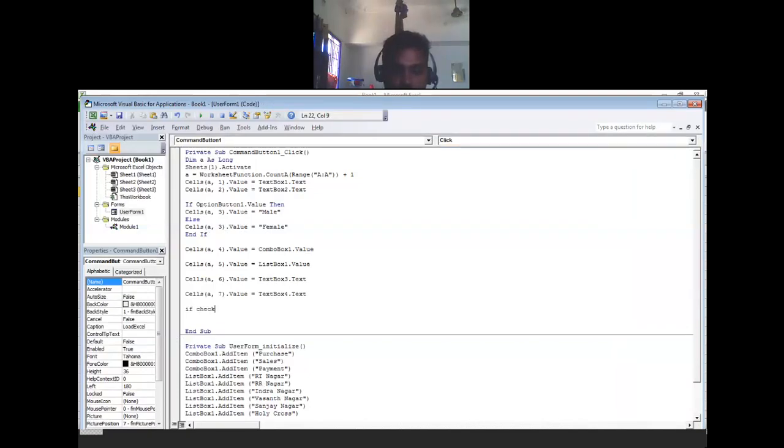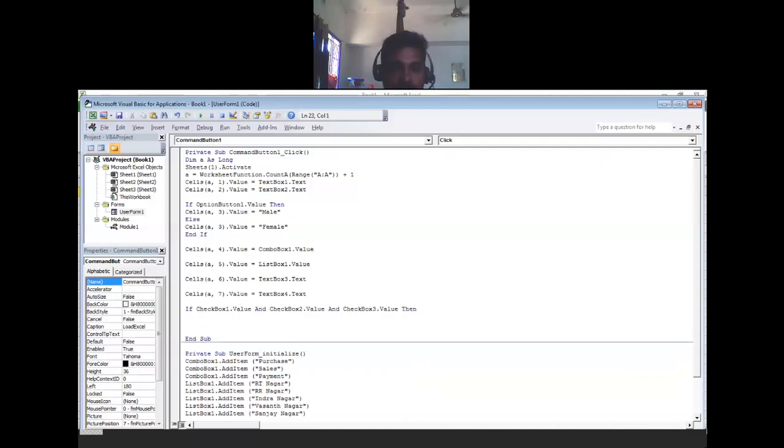Now if CheckBox1.Value and CheckBox2.Value and CheckBox3.Value, then Cells(a, 8).Value equal to house loan, car loan and education loan.